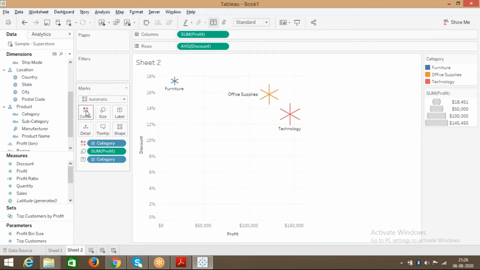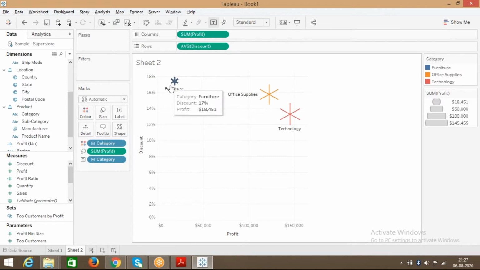Now you understood color, you understood size, and you understood label, as well as the shape. So the sixth mark type will be coming in, depending on what you drag and drop, sometimes what exactly you perform. For now, this particular thing is coming in the form of shape. That's the reason the shape tab automatically comes up. For now, you understand this. There is a shape. This is a sixth mark. It will be changing. Next one is you got a detail as well as the tooltip.